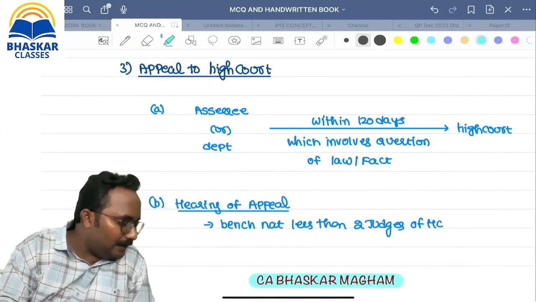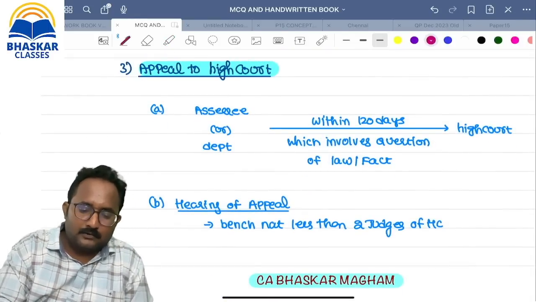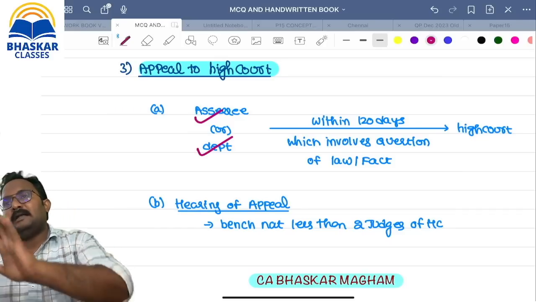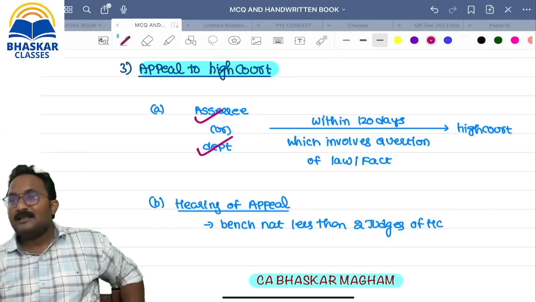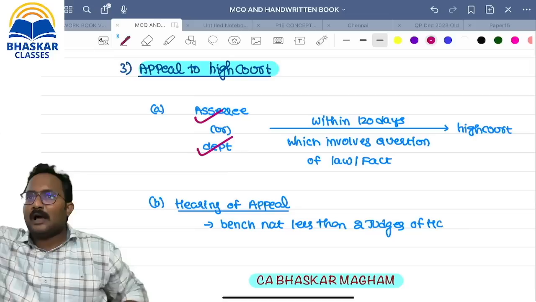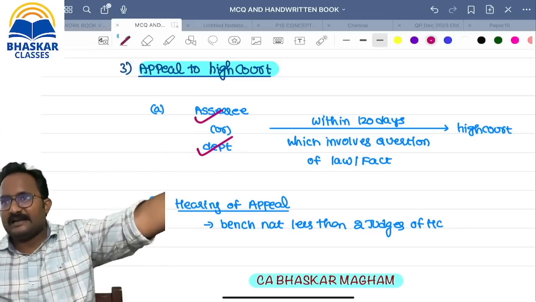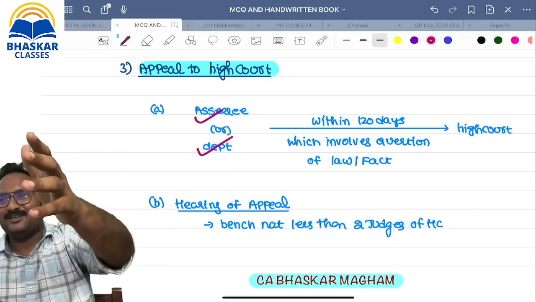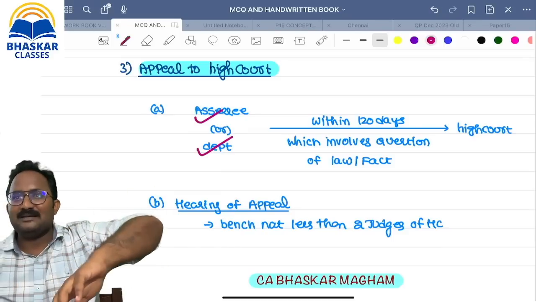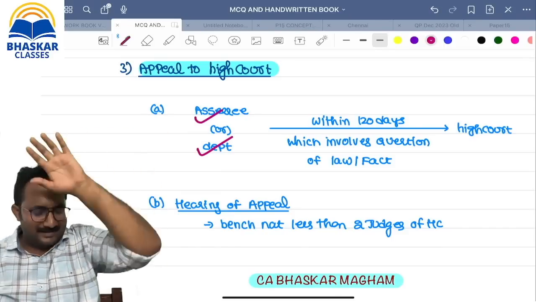No. Appeal to High Court. What is that, ma? Appeal to High Court. Sir, here also the assessee or the department can appeal. There are no form numbers, right? So the public at large can make an application before the High Court, sir. For you, you can go to the Chennai High Court. For me, I don't know where the High Court is located in Andhra. It keeps rotating. If the government changes, the High Court is one place. Now it is located in Amaravati.